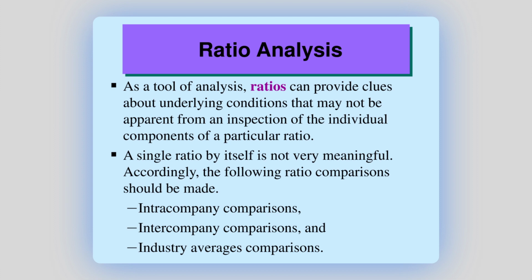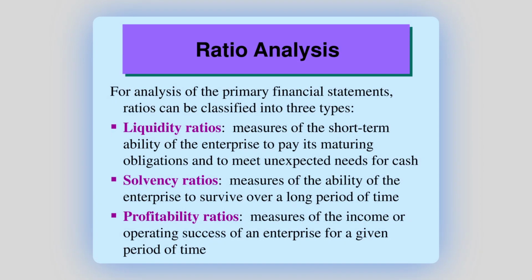Alright, ano naman to class? So, in terms of the ratio analysis, there are three kinds. So, you have your liquidity, you have your solvency, and you have your profitability. So, ano bang ibig sabihin ng liquidity? It means the ability of the company to pay for the currently maturing obligations. Ibig sabihin, how you will be able to pay for your current obligations. So, kaya nga liquidity is liquid. So, you're liquid enough. You have enough cash to pay